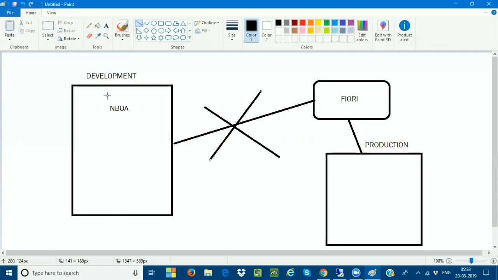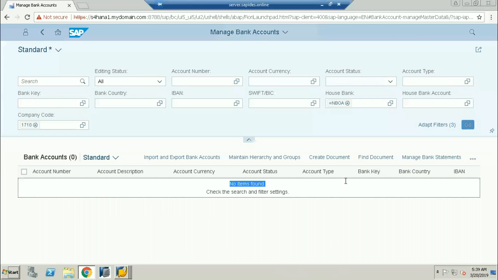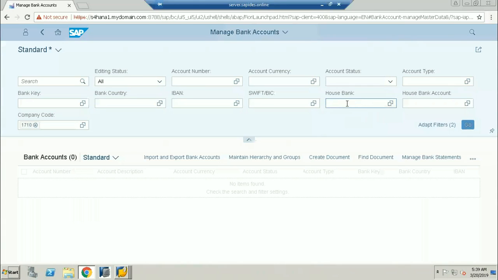So this Fiori connection is not at all extended to your development. Whatever banks you have created in the development client, I am not able to access, because that connection has failed. That is the reason I'm not able to look for those particular apps here. Now let us assume I go to the Fiori. I'll remove this. You can see the option called remove. Now you can click on it.